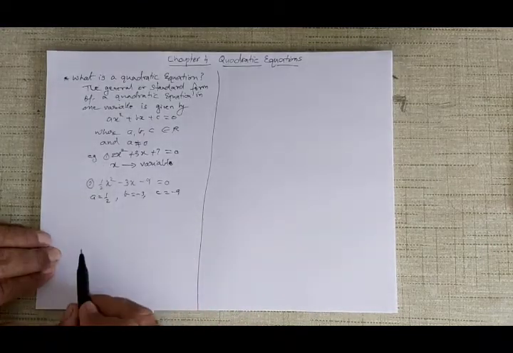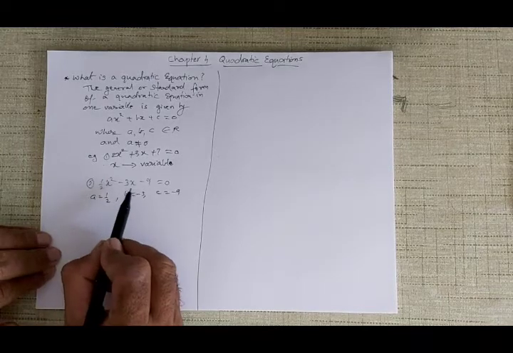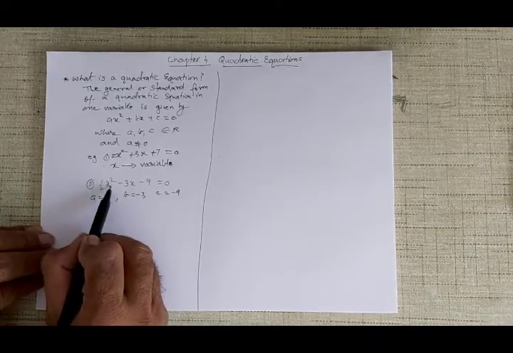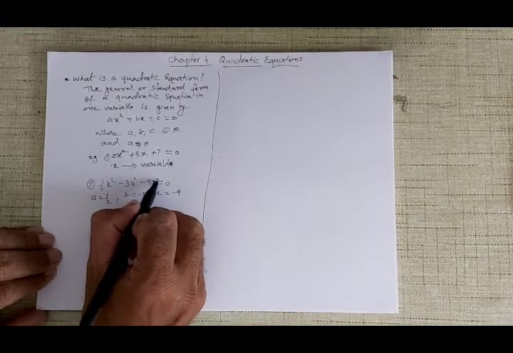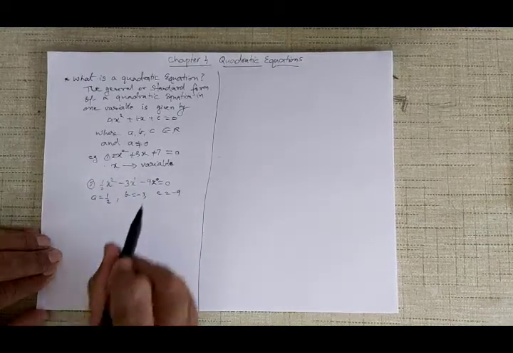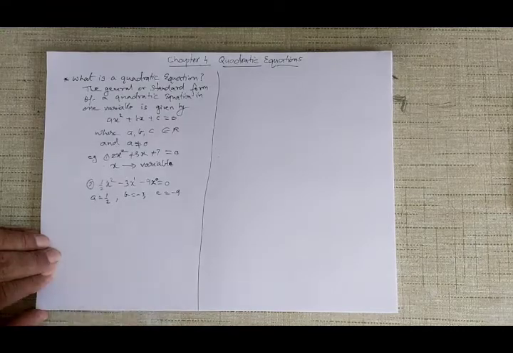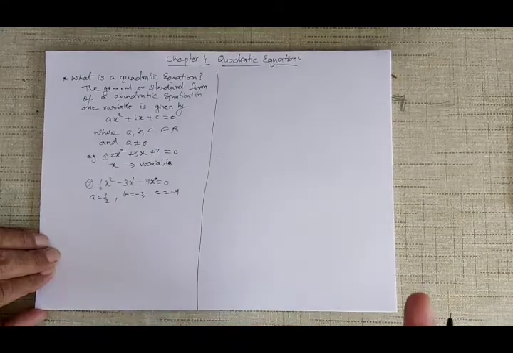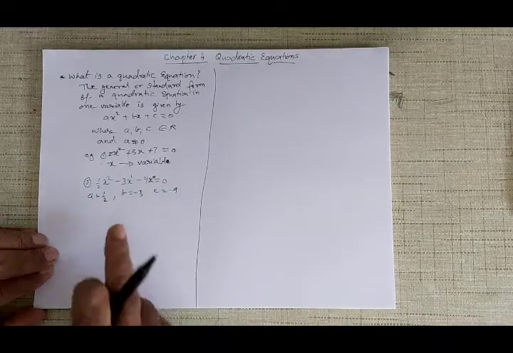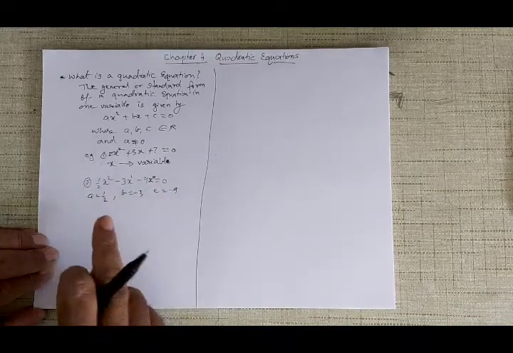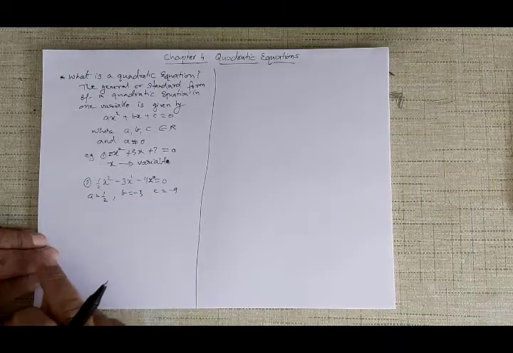So this is called standard form, and you can see the decreasing power of x. Here it is x square, then the power of x is 1, and here there is x, but its power is actually 0. So we don't write x to the power 0 because any number to the power 0 is always 1. So 9 into 1 will be 9. That's why it's in decreasing order, decreasing powers of x. This is called standard form.